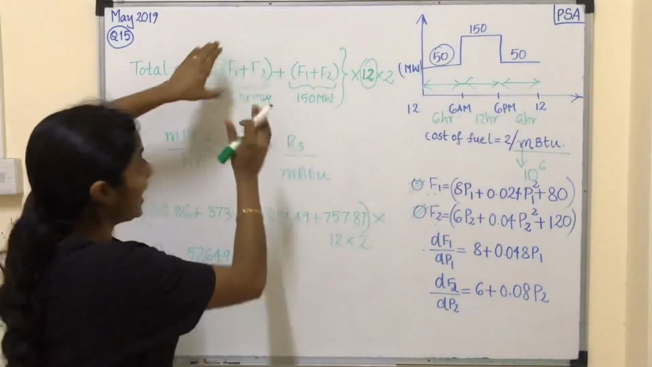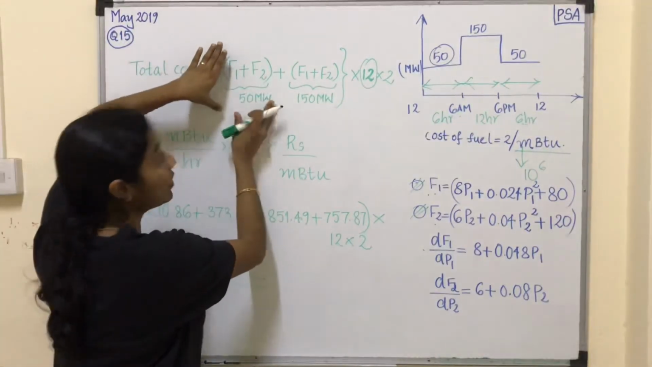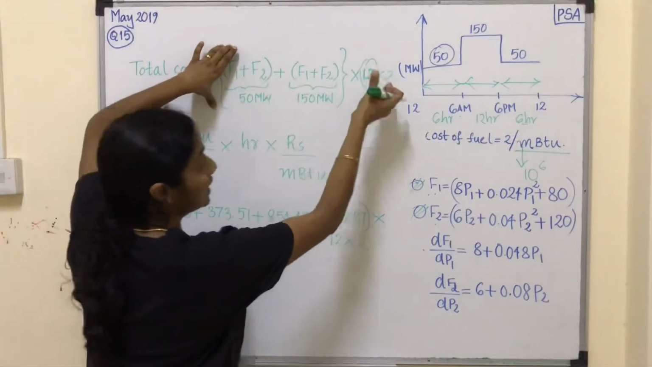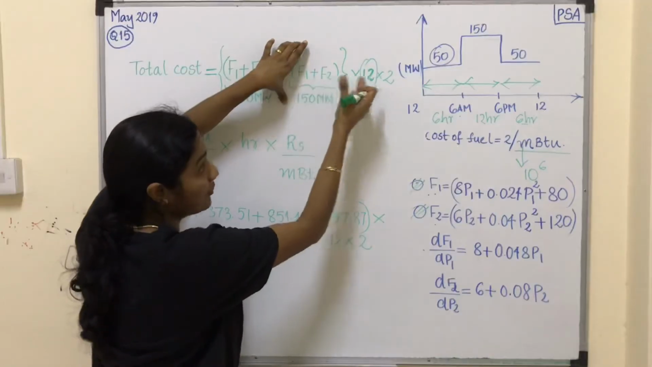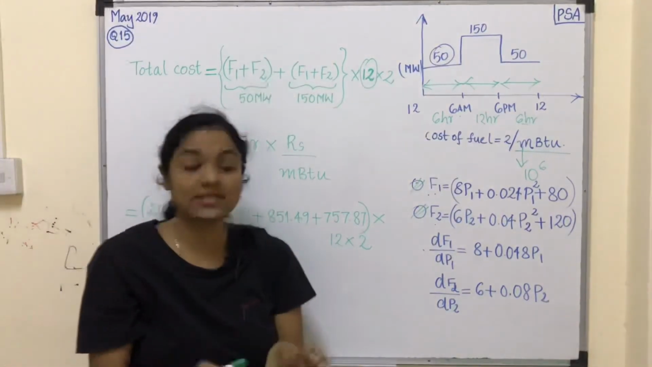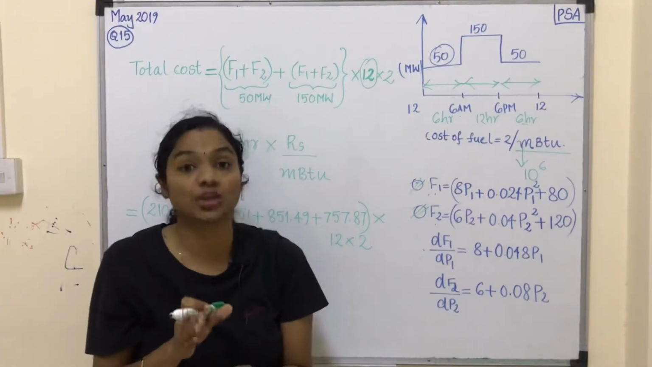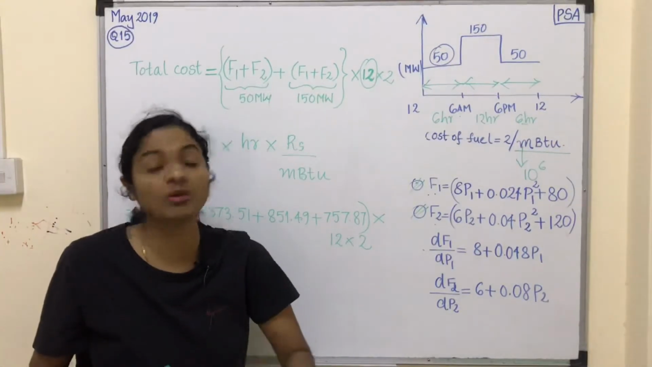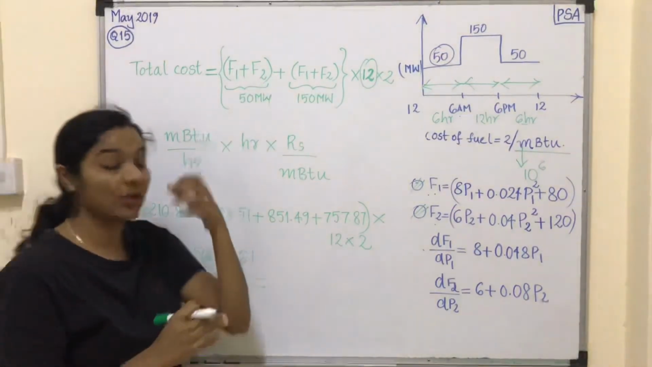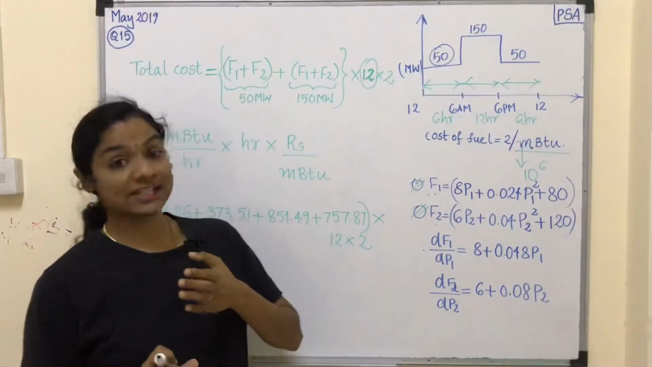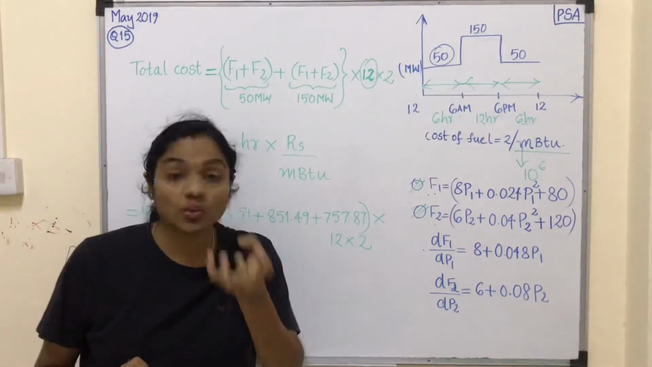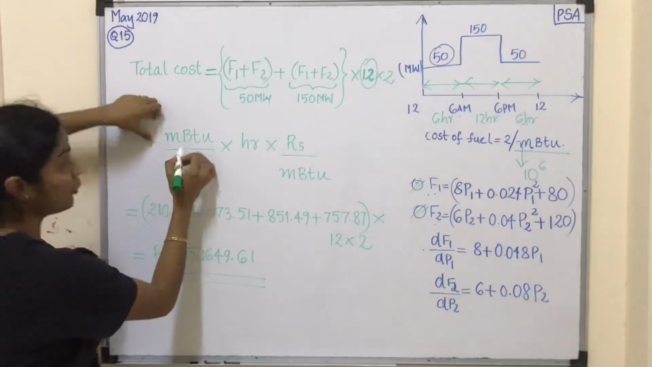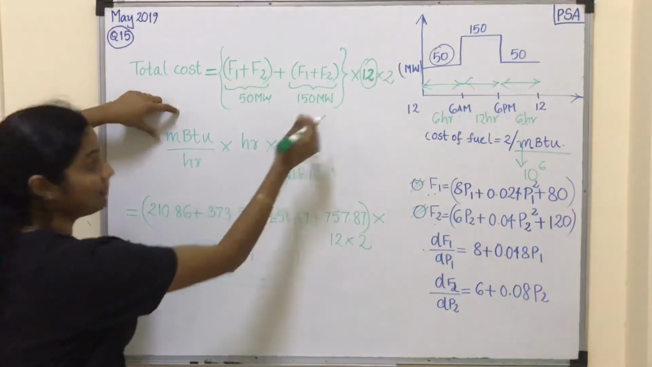That means each load has got 12 hours of operation each. F1 plus F2 multiplied by 12 and F1 plus F2 multiplied by 12. Both units are operated 12 hours individually for supplying 50 and 150 megawatts of load each. Okay, and now if you have any confusion, we can easily understand by looking into the units itself. That means for the F1 and F2, that is fuels have got a unit of million BTU per hour multiplied by